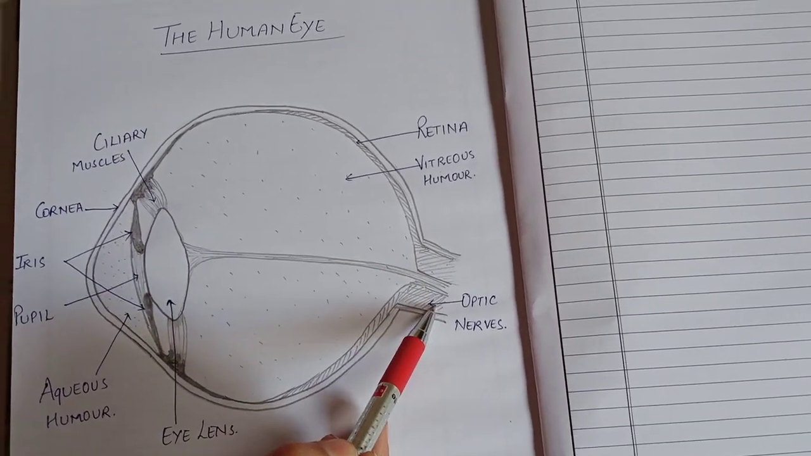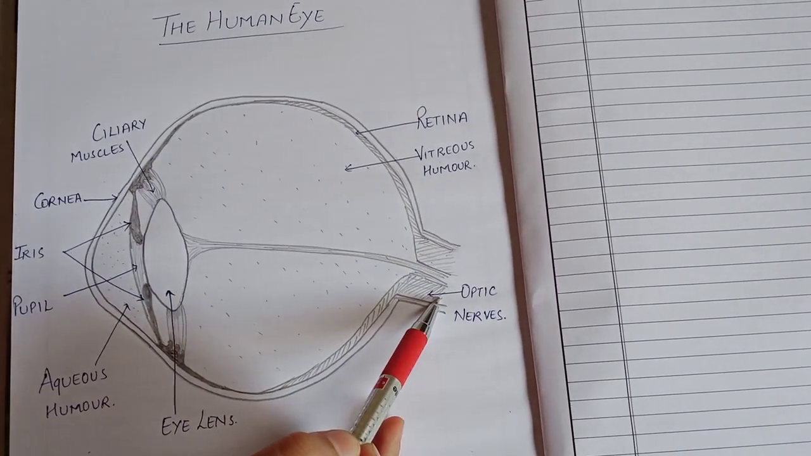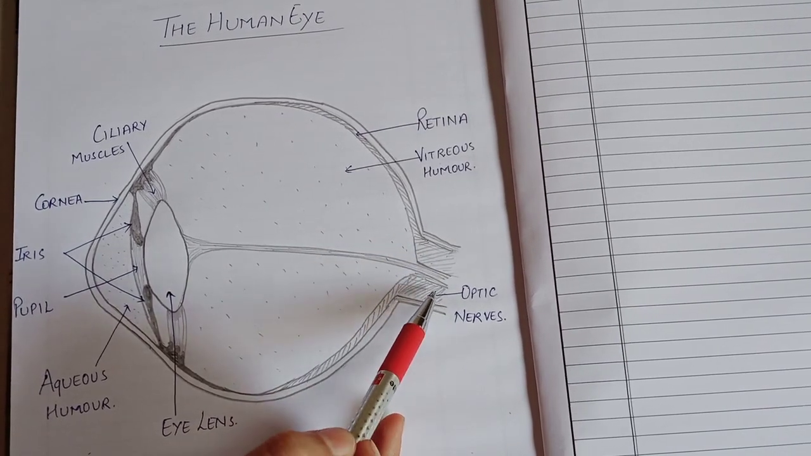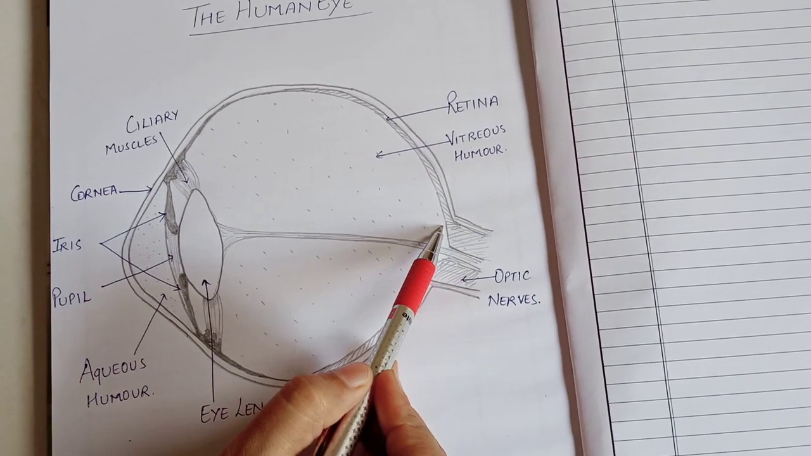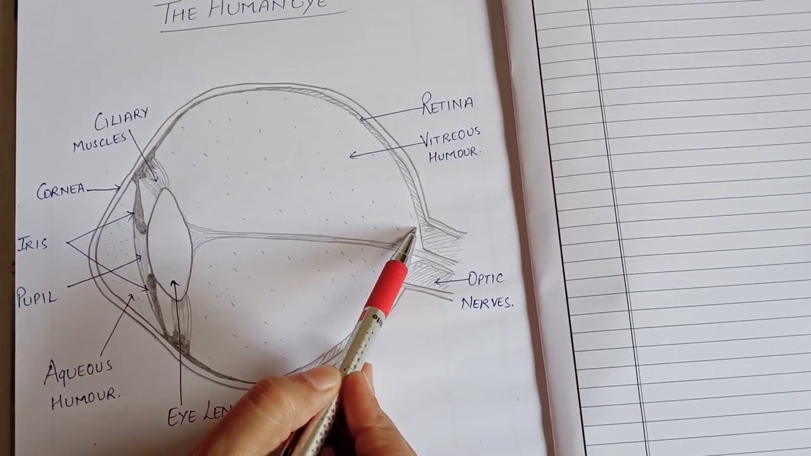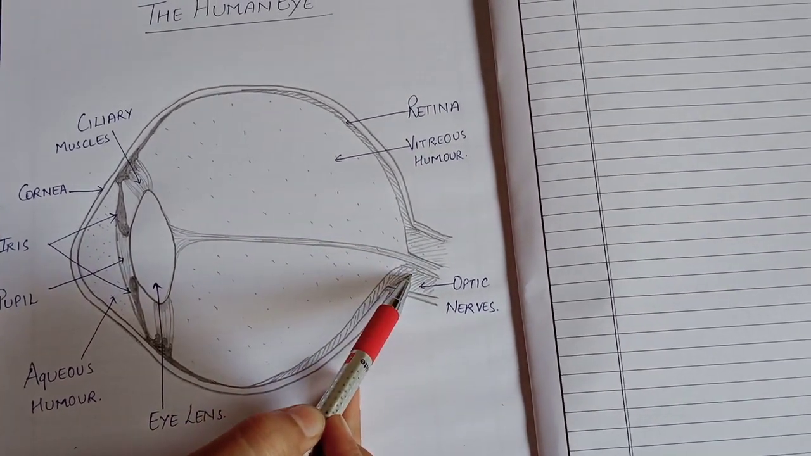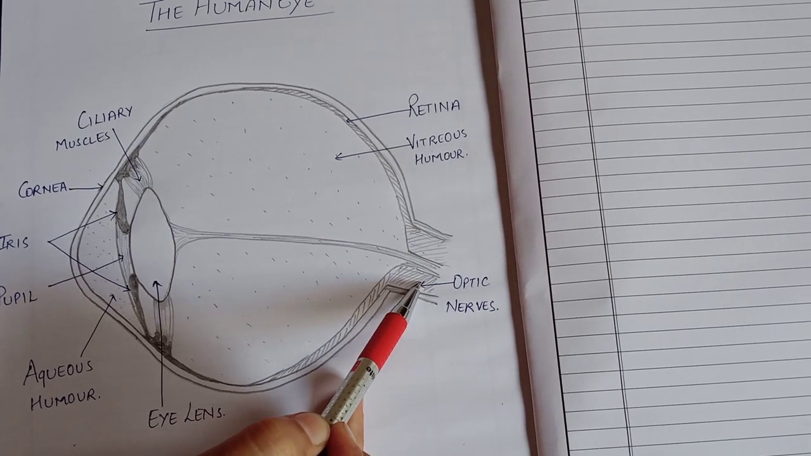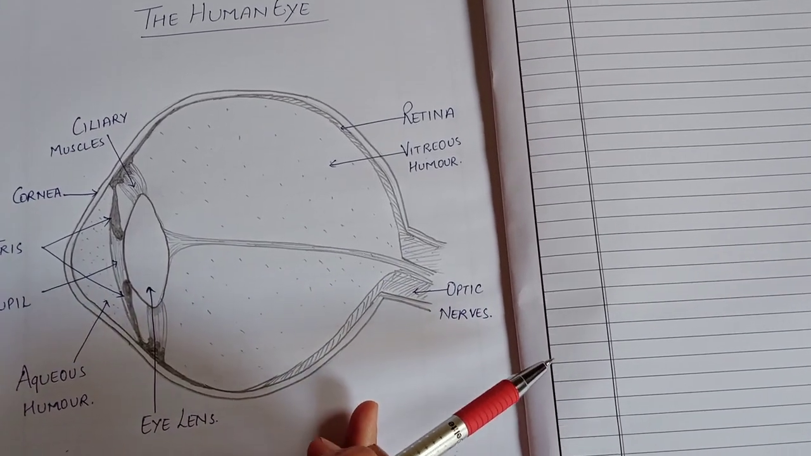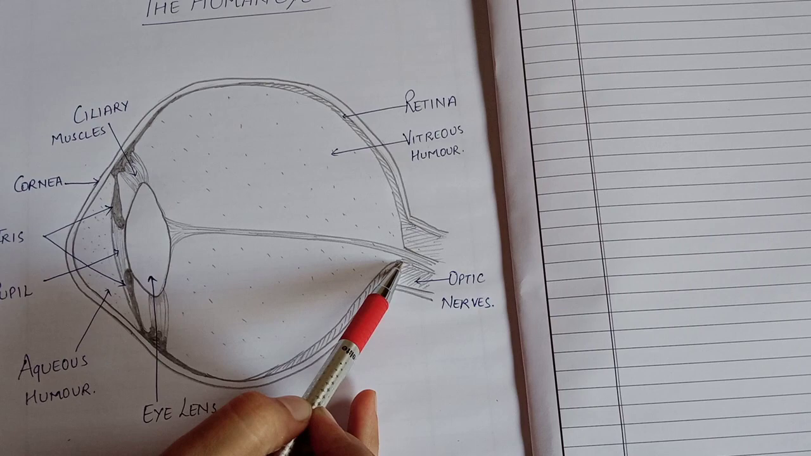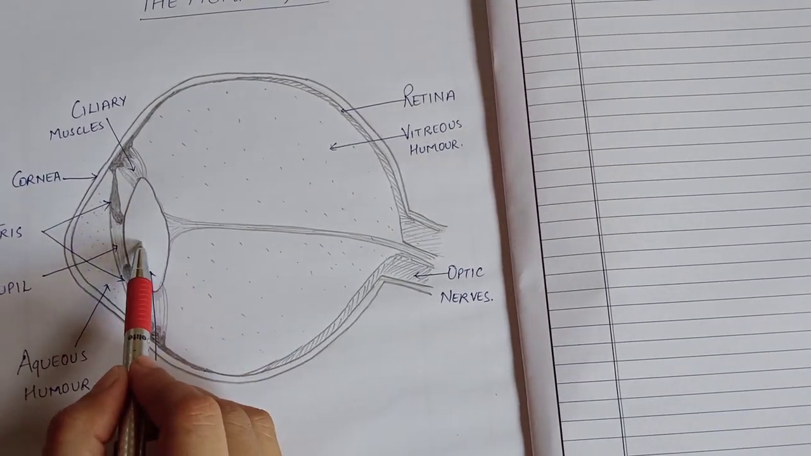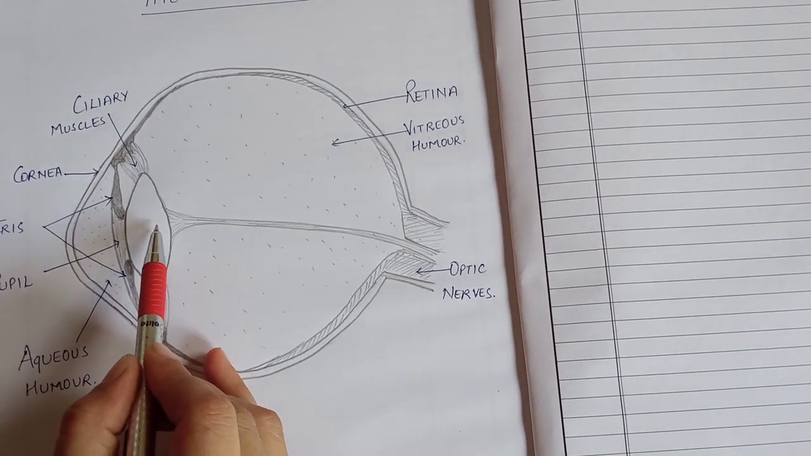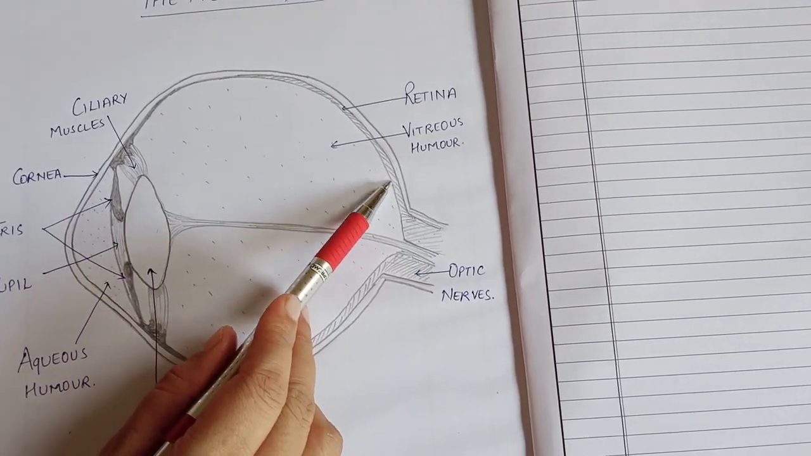At the end you can see there are the optic nerves. The function of optic nerves is to convert the signals collected by the eye lens in the form of images and take those electrical impulses to the brain for interpretation, and the brain tells us what object we are able to see. When the light falls on the lens through this pupil, the lens focuses the light on this retina